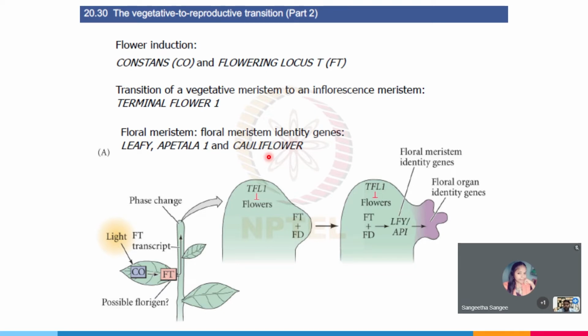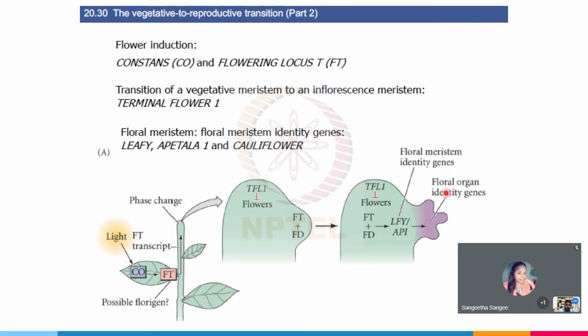So, what is exactly the pathway that occurs? The first thing is that CO, or CONSTANS, gets affected by an external stimulus such as light, and it is activated, and it goes ahead and activates the gene FT. FT is transcribed and it activates various downstream genes such as TFL1, FD, and together all of these genes give rise to a second order of floral meristem identity genes such as LEAFY and APETALA, and finally LEAFY and APETALA are the ones that play the major role in floral organ identity genes and formation of the